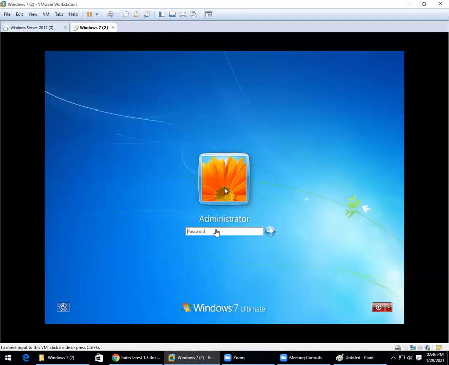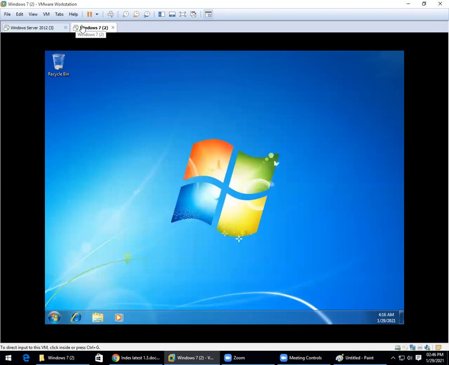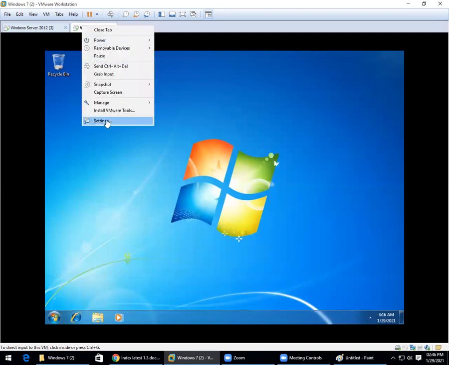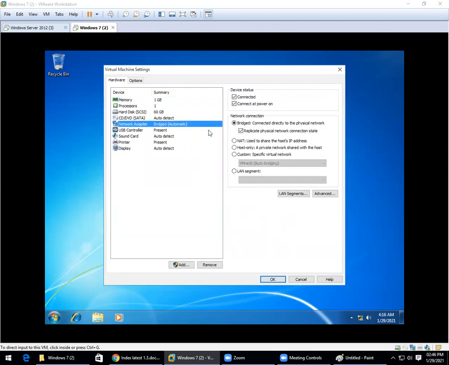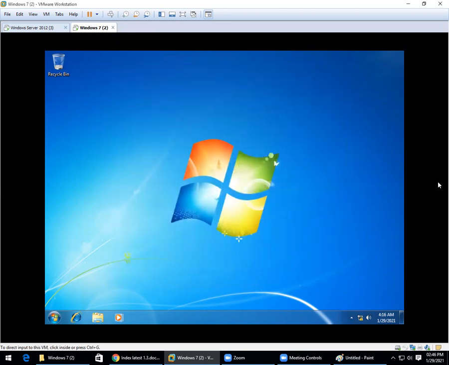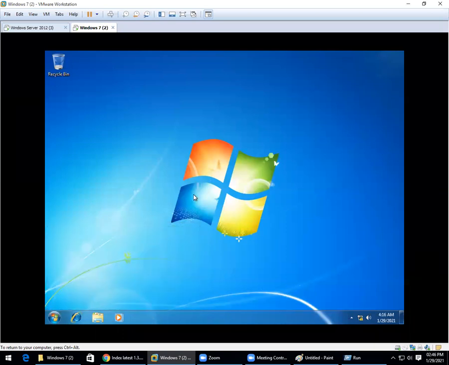Now I got my Windows 7. Let me log into my Windows 7. As it is VMware, I'll right click here, go to settings, and check this adapter also. See, this is also on bridged. If it is not set by default on your computer when you're doing the practical, it can be like this, so just tick both the options, then go and check the IP address. What is the IP address that we want to give to this now? We have taken it there, right?